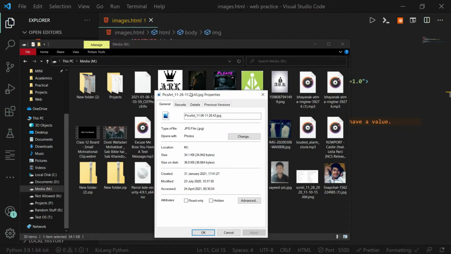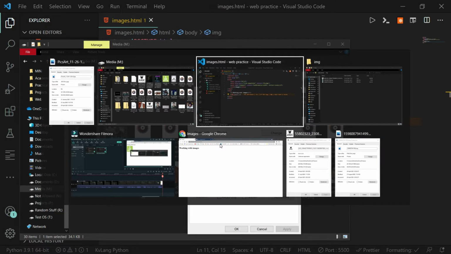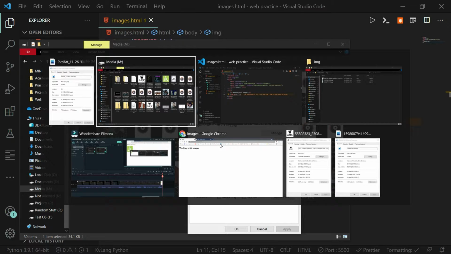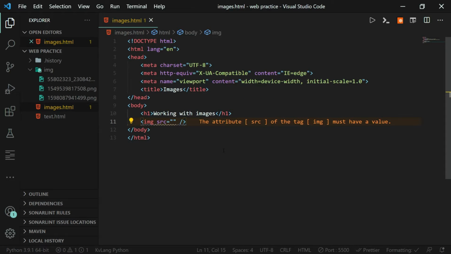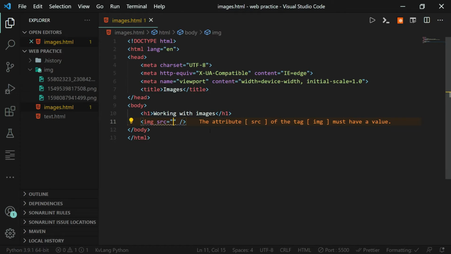After going into properties, we can just copy the location. I like to keep everything in separate drives, like downloads and images in separate drives. We can copy this by pressing Ctrl+C after selecting it, and paste it here by pressing Ctrl+V.